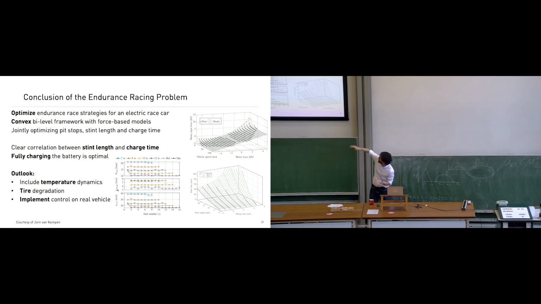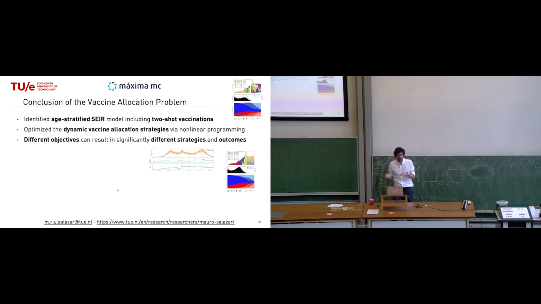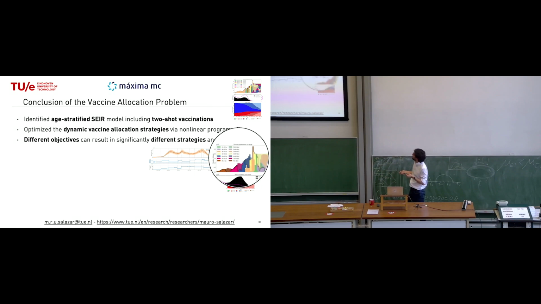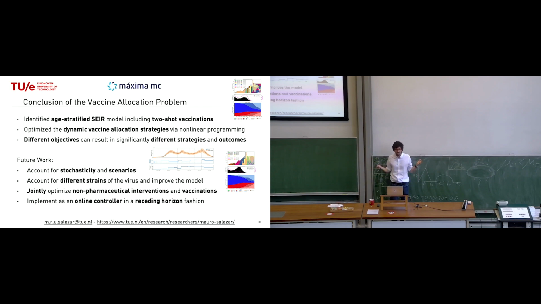But this would be okay. And you have two stimuli. One is the text, with the bold for what is the most important, and also figures. Which figures are most relevant, and that kind of turns on your brain, oh yeah, this is relevant. Okay? Good. The vaccine allocation problem: we identified this kind of model, we optimized, this is what we learned, and here you can see the plot I showed you before. Yeah, I remember that. This kind of allocation. And this is future work. Okay?